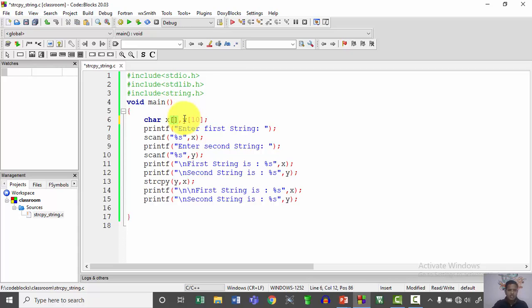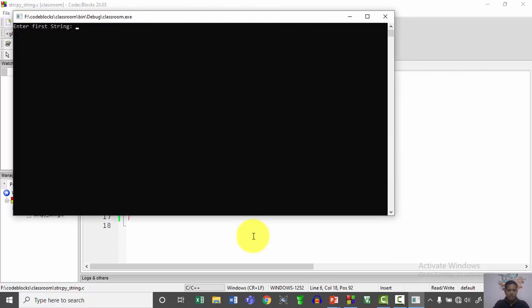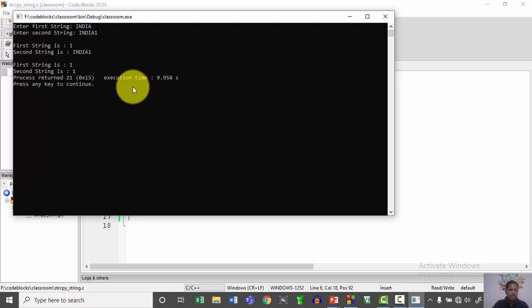Now let us check this discussion. Suppose I define the first as 5 by 5. I'll just execute. INDIA is the first string, second string is say INDIA1. So what output am I getting here? Simply 1 1. Why? Because here the first string